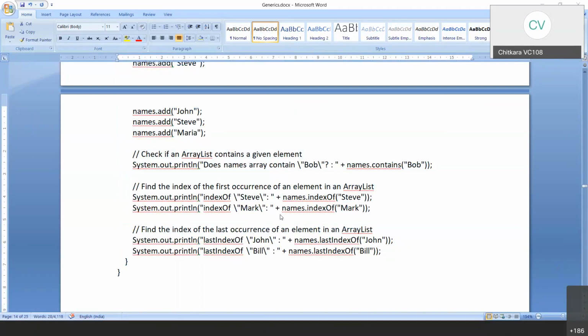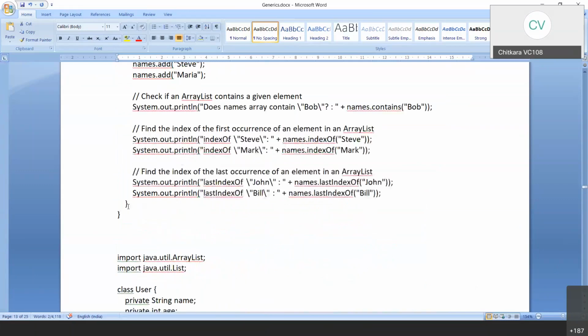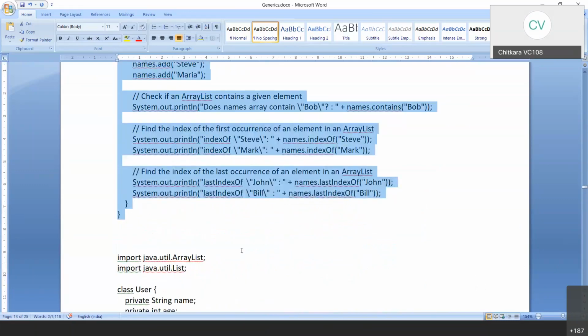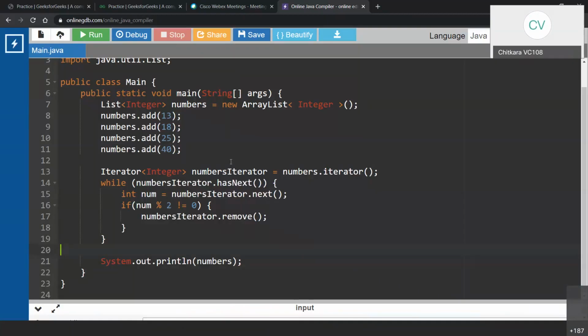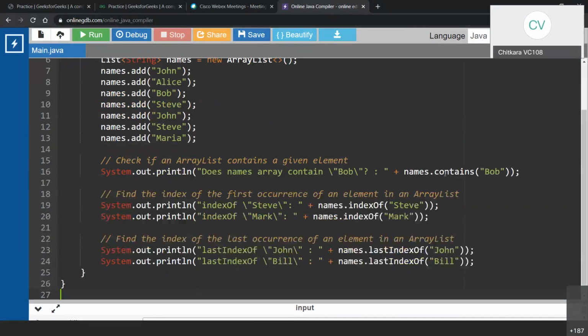So if I run the code, what methods are we interested in? Contains, indexOf, and lastIndexOf.